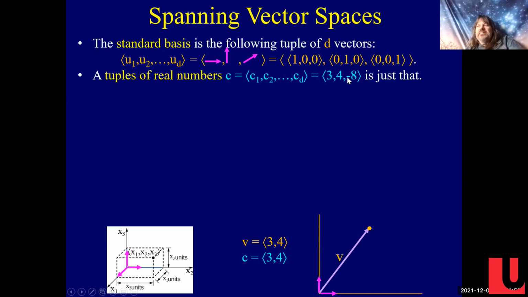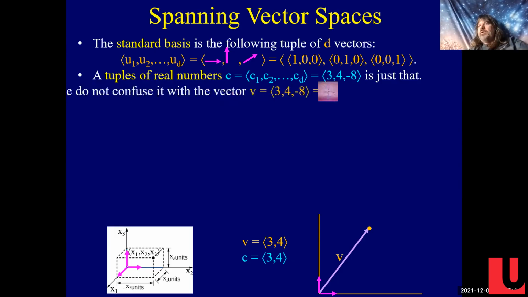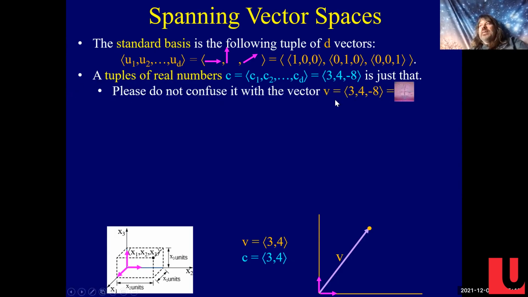It is a bunch of numbers in a tuple. Right now we're differentiating between things that are later going to be abstract, which are called vectors, and this thing, which is just a tuple of numbers. So don't think about it as a vector in your vector space. Think about it as a tuple of numbers. Don't confuse it with our abstract